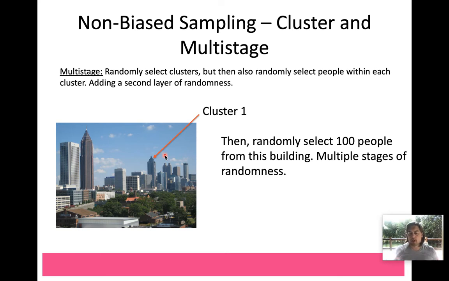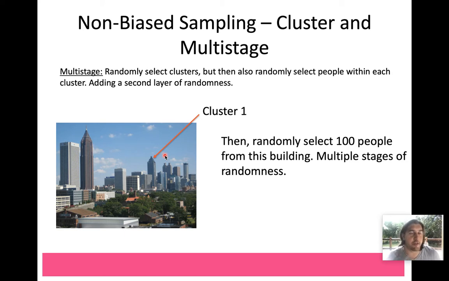So we can think of these clusters as being organized in hierarchies. Right? You have a building, and within a building, you have floors. Maybe even within floors, you have sections of the floors, right? And so we're just applying random selection to at least 2 stages of that hierarchy. So we randomly select a building, and then we randomly select a floor, or we randomly select 100 people from within that building. To go back to our school example, we would randomly select a school, and